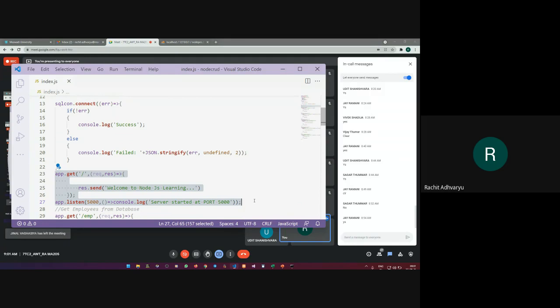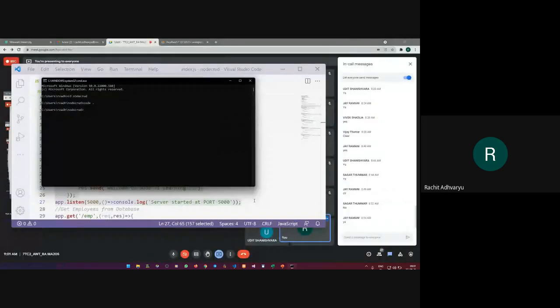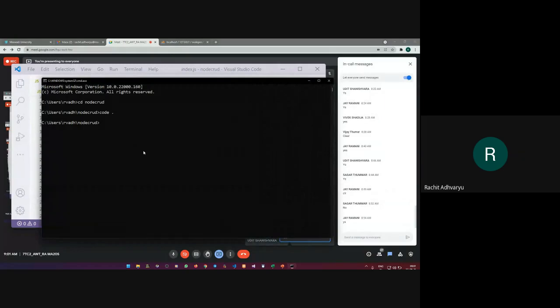So let's say I'll save it. I'll go to my command prompt, and now I want my server to execute automatically. That means I just save my application and my server will get refreshed automatically. So for that, what command have I already installed? The command is nodemon. Nodemon is a command that is going to refresh your server automatically once you save the changes in your code file and reflects all the changes to your server. So I'll write down nodemon and hit enter.